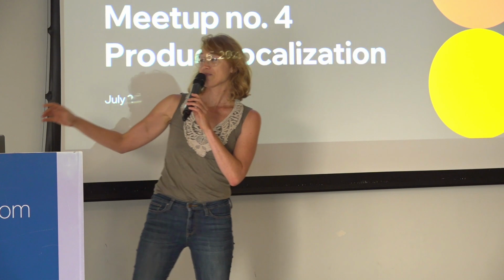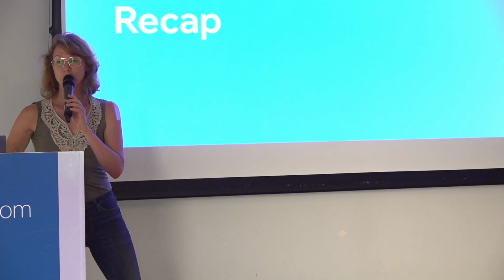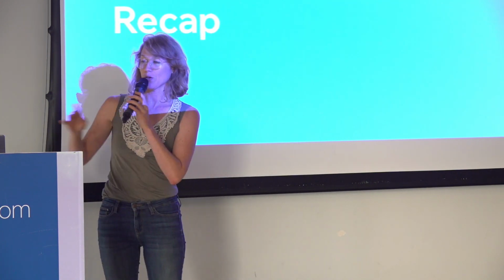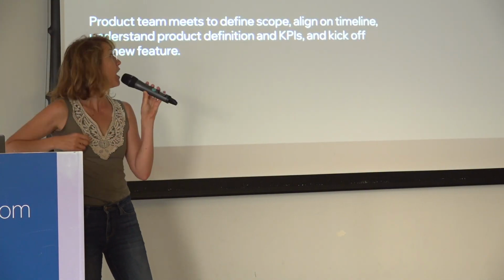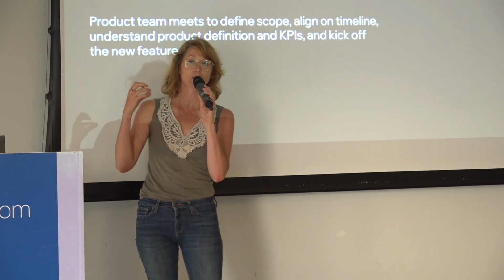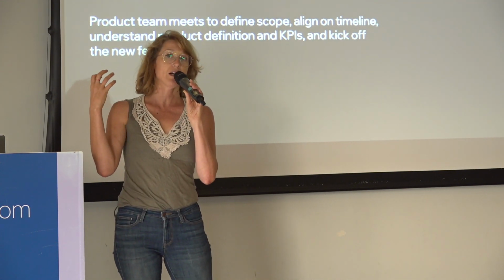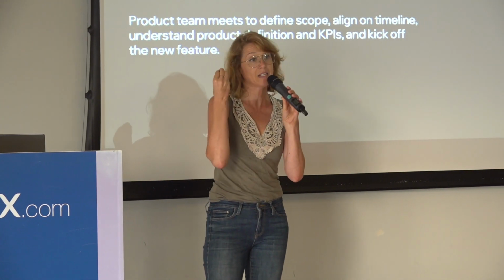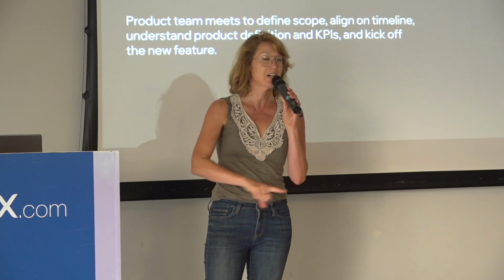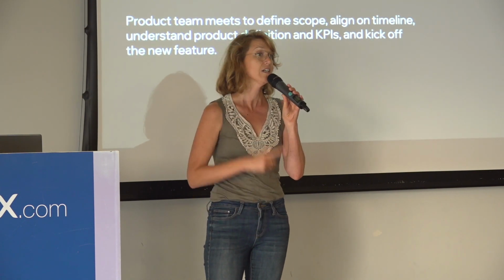I'm going to start off with a quick recap because we are here today in the 4th meetup of our product lifecycle meetup series. So let's go through what does that mean? What's the product lifecycle and where we are now? So in general, when we talk about the product lifecycle, we're typically talking about the steps that we take more or less on a high level to release a product from the beginning, from the idea of a product to when it actually rolls out to our users. And we call it a life cycle because it's constantly being optimized and we're constantly working on iterations.